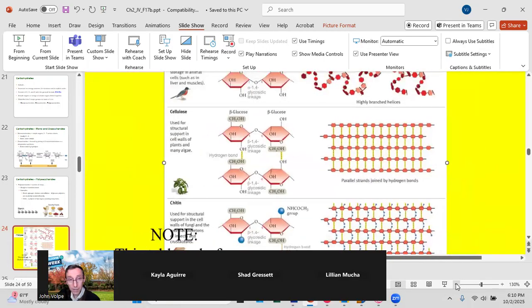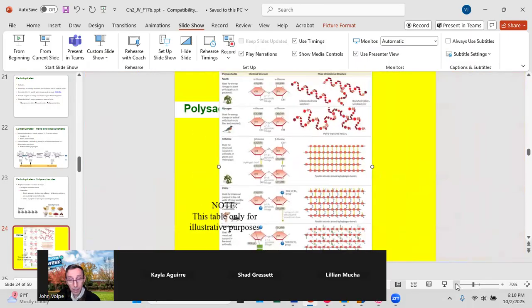All right, I'm not going to talk about chitin. I'm not going to talk now about peptidoglycan. We'll talk about peptidoglycan later in the term. Peptidoglycan is both a carbohydrate and a peptide, meaning it does have short peptides in it. Peptides are the building blocks of a protein, and they're made of amino acids. A peptide is shorter than a protein.